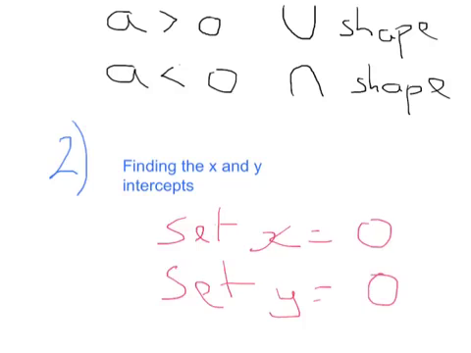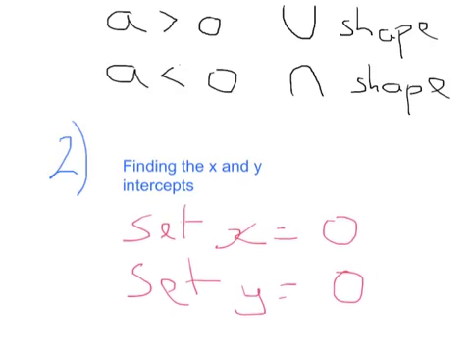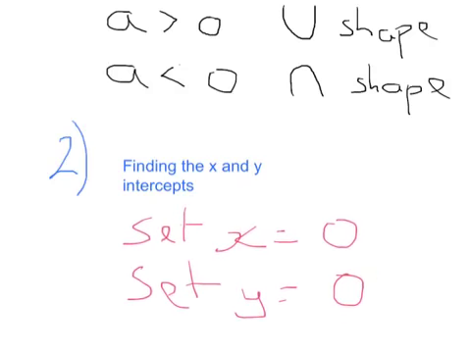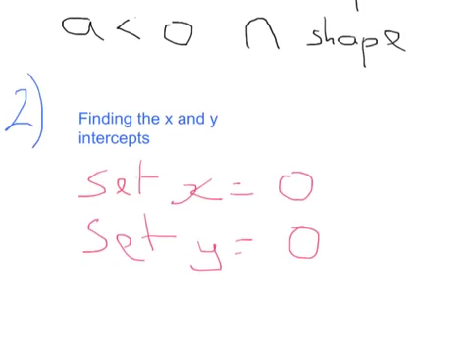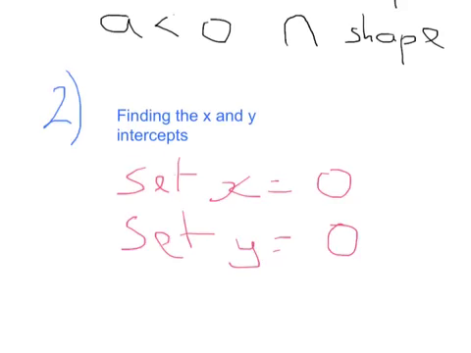Now it's quite intuitive, I suppose. We're used to setting x equal to 0 and just reading off that plus c value. So we set x equal to 0 or set y equal to 0. What's quite interesting is that when we set y equal to 0, we're used to solving an equation, finding out